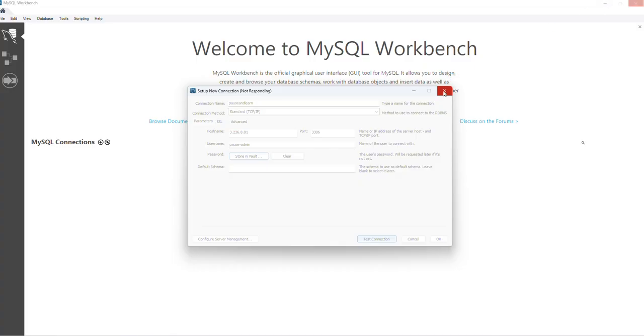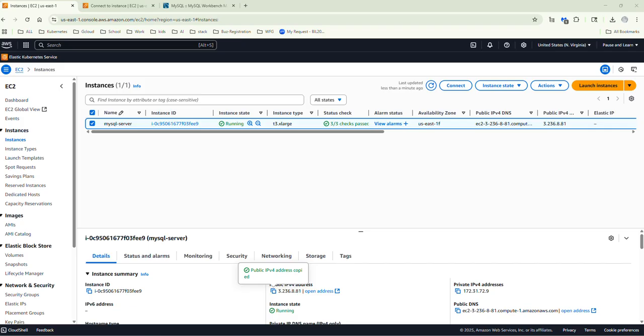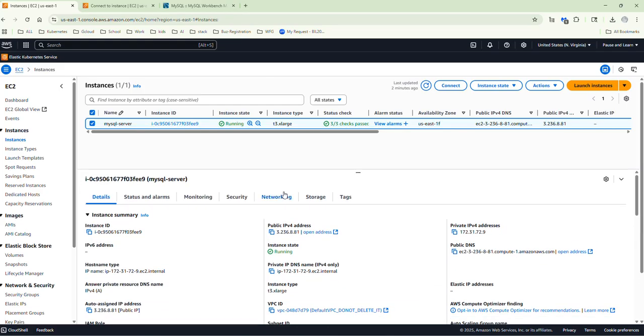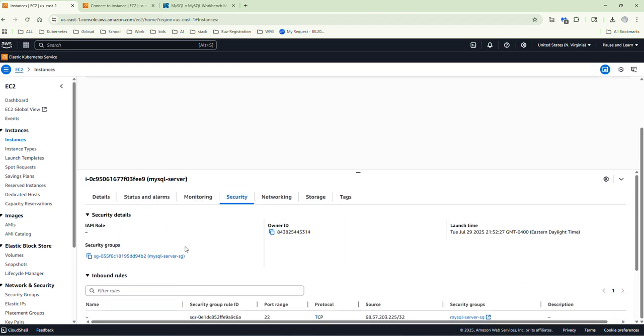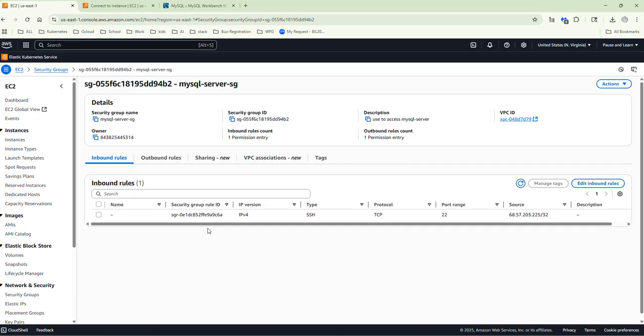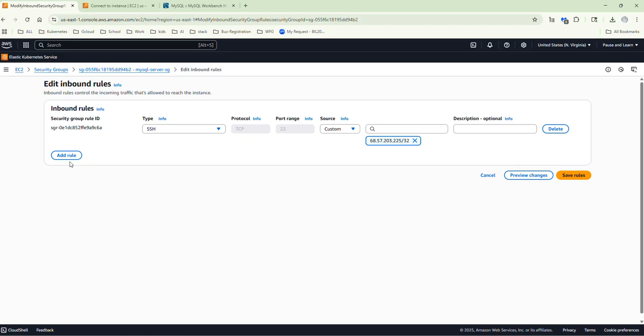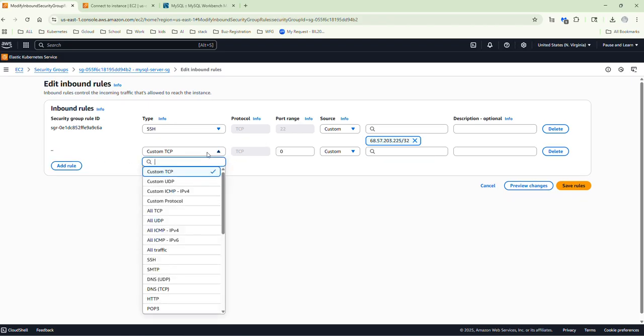All right, guys, so I don't expect this to work. Why? Because this EC2 instance does not have port 3306 open on the security group. So what we need to do is go to security, select your security group, and make sure you are on your inbound rules. Click on edit inbound rules, add rule,